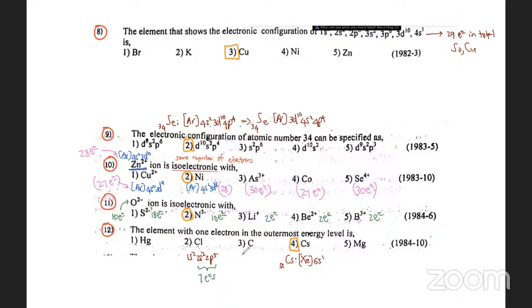Carbon, easy. 1s2, 2s2, 2p2. So it will have 4 electrons in the outermost energy level. Altogether we have to consider 4 electrons. Magnesium: 1s2, 2s2, 2p6, and then 3s2. So magnesium has just 2 electrons in the outermost energy level, no? It's just 1 electron. And mercury, in case in future we are supposed to find it,